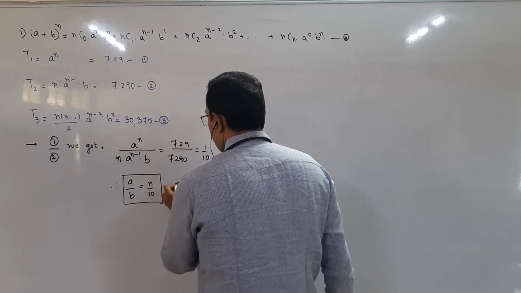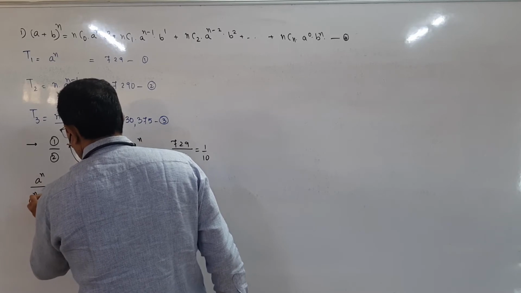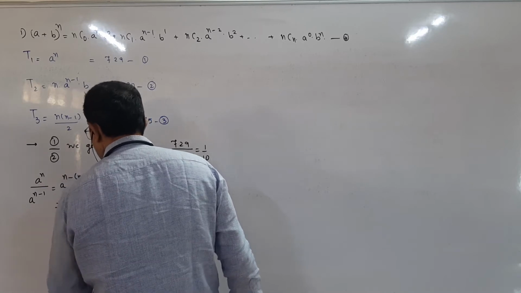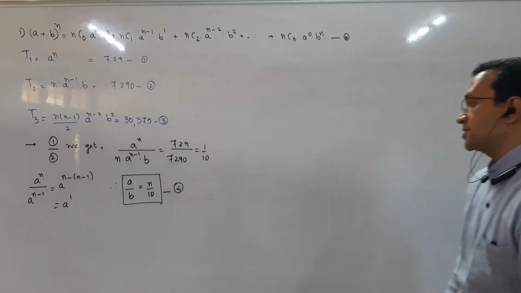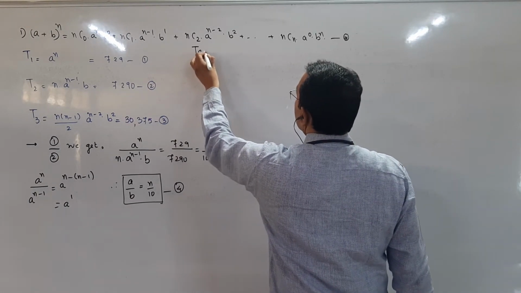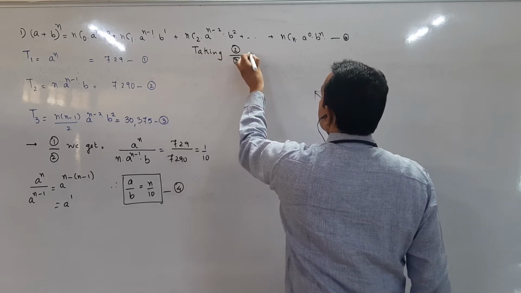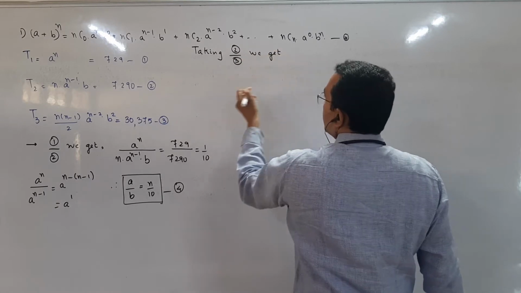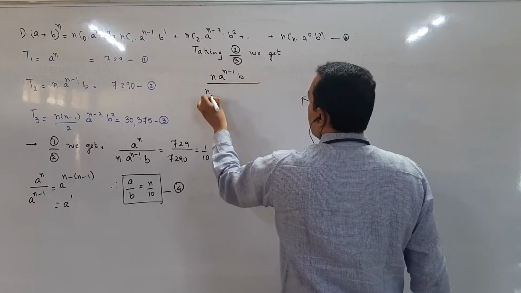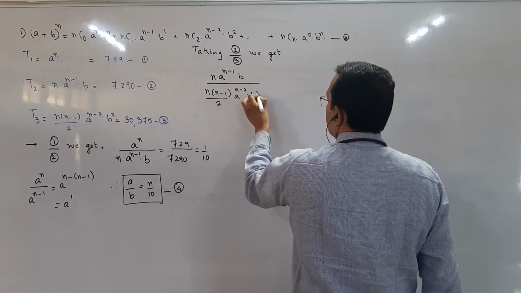This is result 4. Remember, a raised to n upon a raised to n minus 1 is a raised to n minus 1. So a raised to n gets cancelled. Now, taking the ratio of 2 and 3, we get n a raised to n minus 1 b upon n into n minus 1 by 2 a raised to n minus 2 b square,